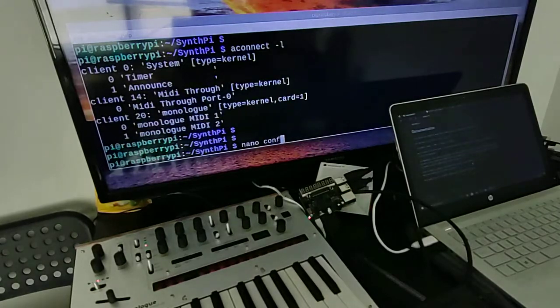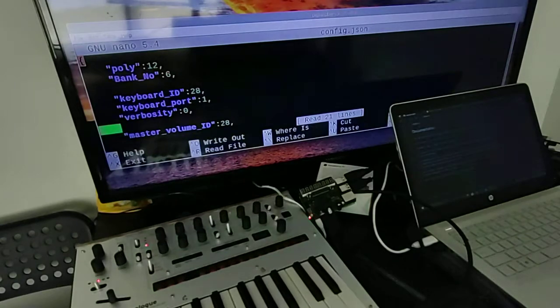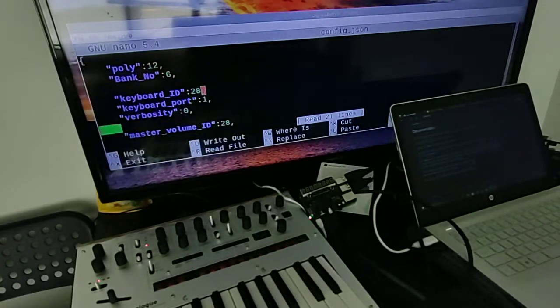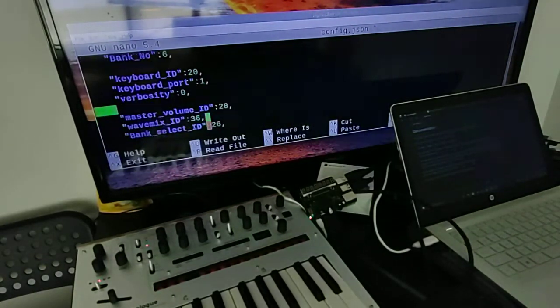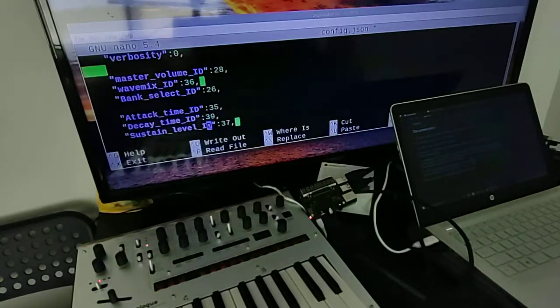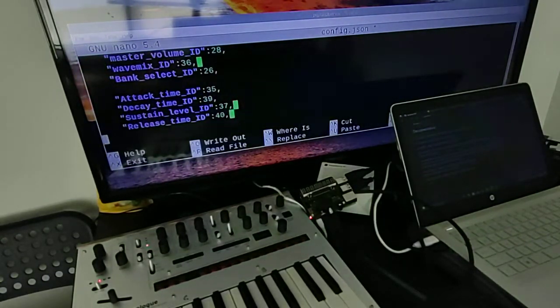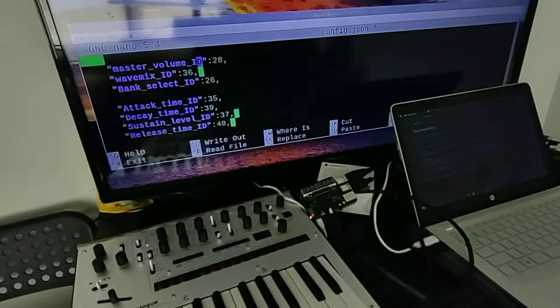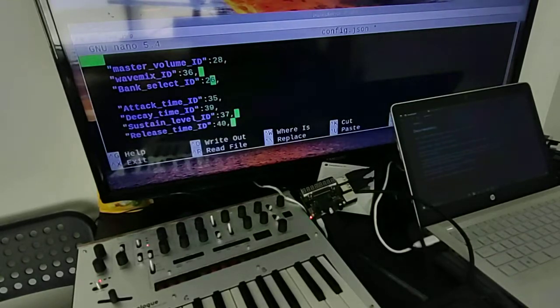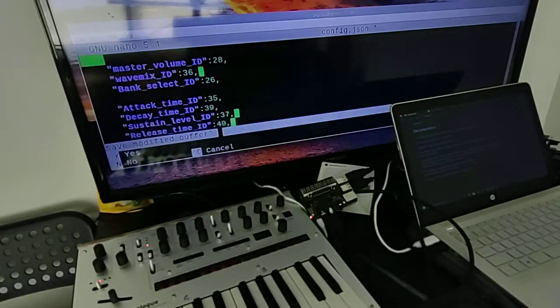So nano config.json, and you can see here that it says keyboard ID is 28, so we're going to go and change that to 20, and then you can see all the mappings for the different parameters which we're going to tackle next, and we need to know how to find out which ones these are. So the one that we are going to change is the bank select ID, and it's currently mapped at number 26. So if we come out of that, save that,